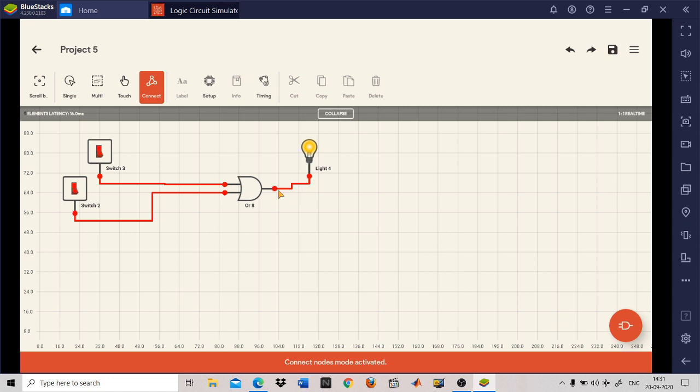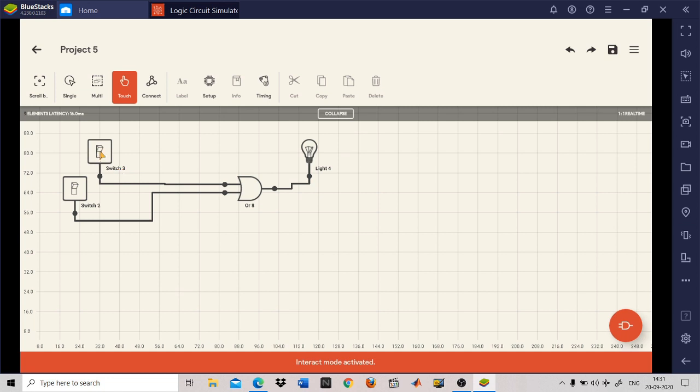Now in this case, if you want to check the output or verify the output, again you go to your touch. So you can see, when 0 0 is there, you just refer to your truth table of the OR gate. When two inputs are 0, then the output will be 0, so the light will be off.